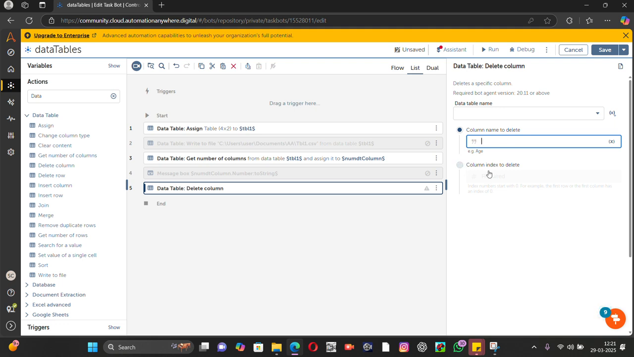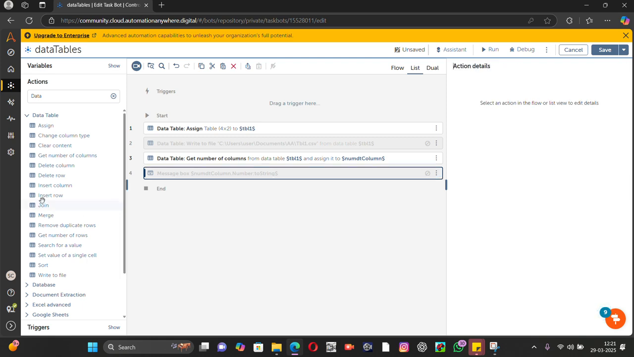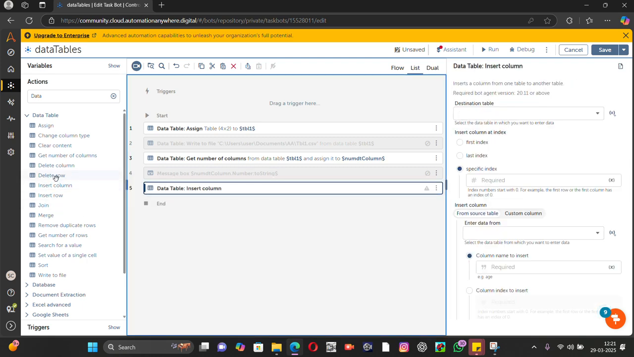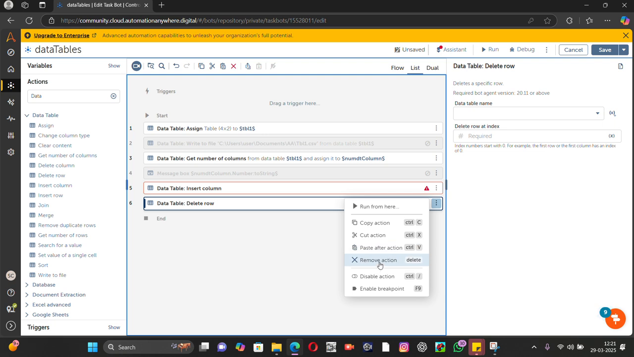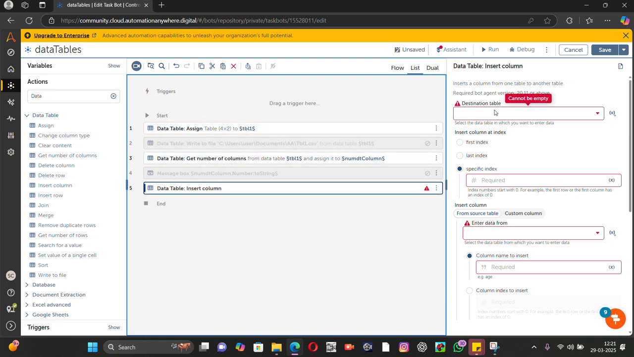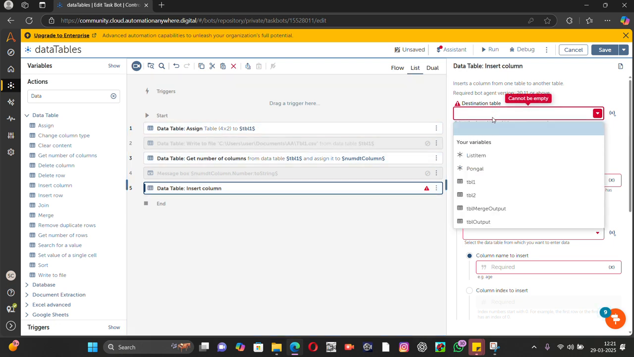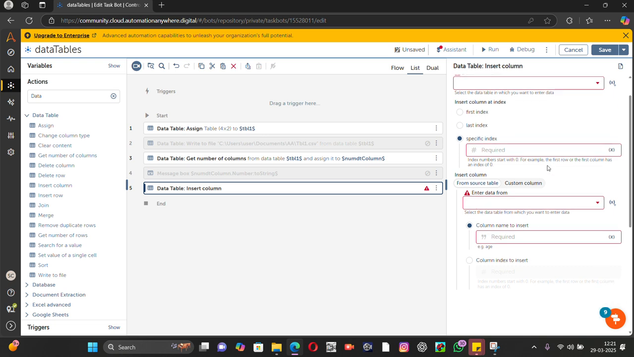If you want to delete a row, it's also the same. You can delete a row by using the index. Just add the index of the row so that you can delete. If you want to insert a column, you can choose in which table you want to insert a column, from one table to another table. Okay, it will insert the data